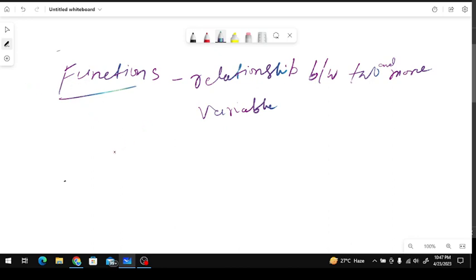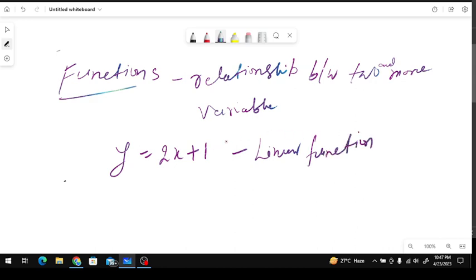So suppose I am writing here y equals 2x plus 1. It's a simple linear function. This is called a linear function. A linear function means for any given x value, we solve the expression with that x